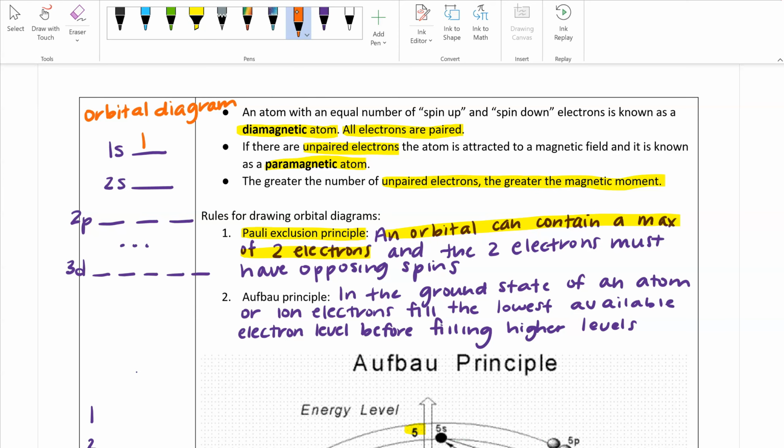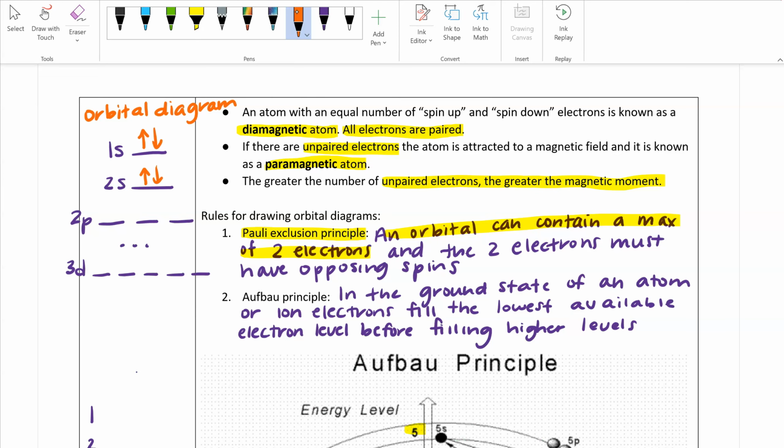So my 1s orbital would have 2 electrons, and those electrons would have opposing spins. My 2s orbital, again, every single s orbital on a photoelectron spectrum is always 2 electrons high. Every s subshell can contain 2 electrons, so they have 1 orbital in them. Your 2p subshell on a photoelectron spectrum can hold 6 total electrons, and